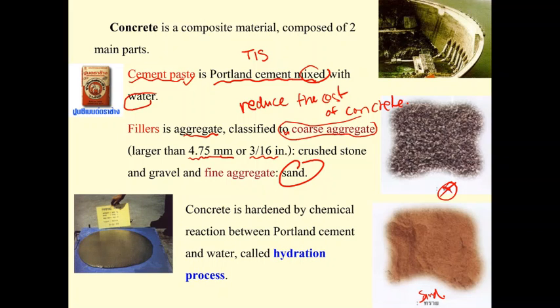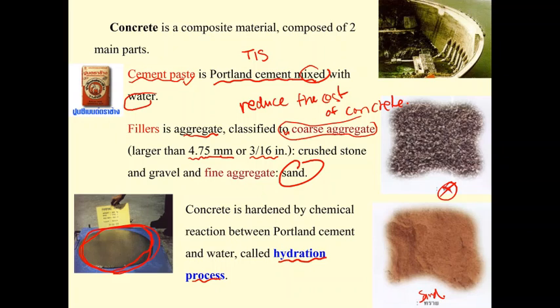Cement is a special thing because it's produced from limestone. You crush the limestone, mix it with something, and burn it at a high temperature. Then you crush it to refine it into very small particles, and then you put water into it, and it has fluidity. Then you can pour it into the formwork, and by the hydration process,